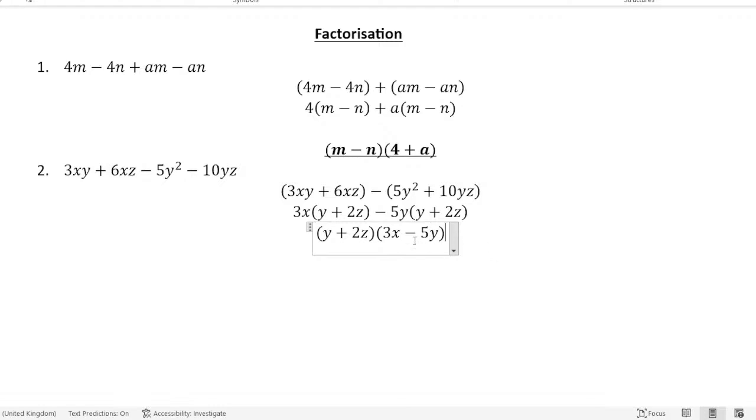Alright, so what I want you to do, I'm going to give you a short exercise. I want you to do this exercise. Here I have